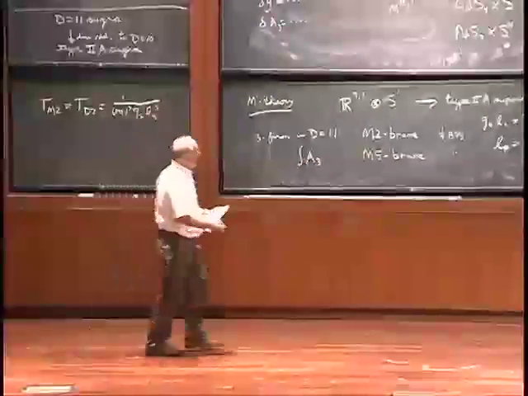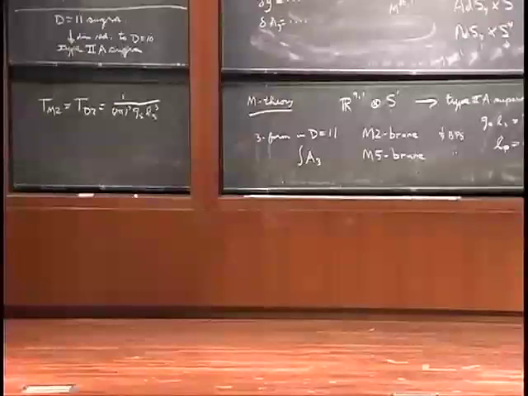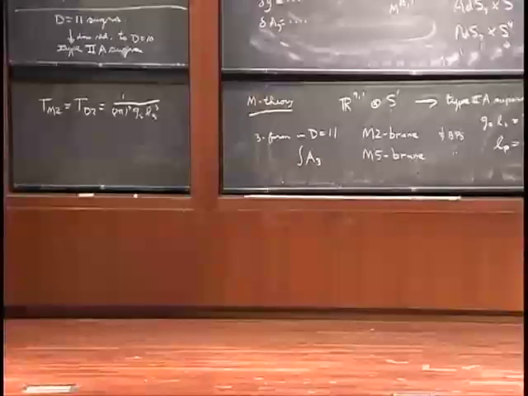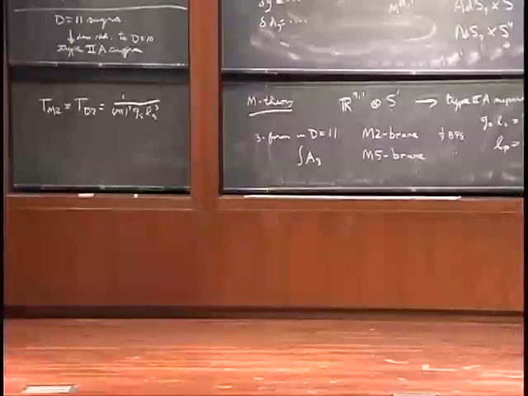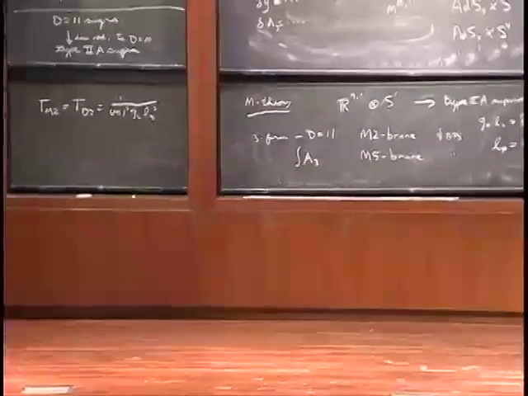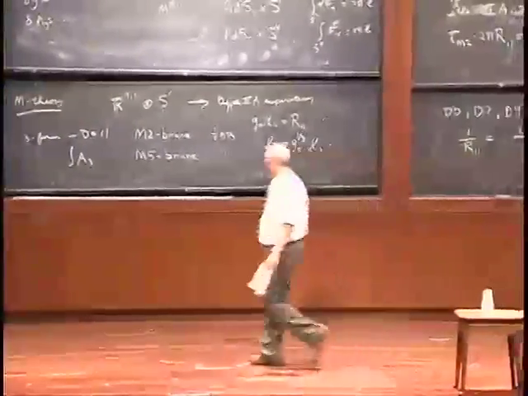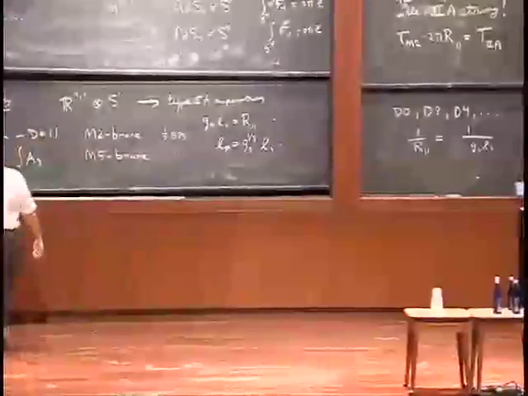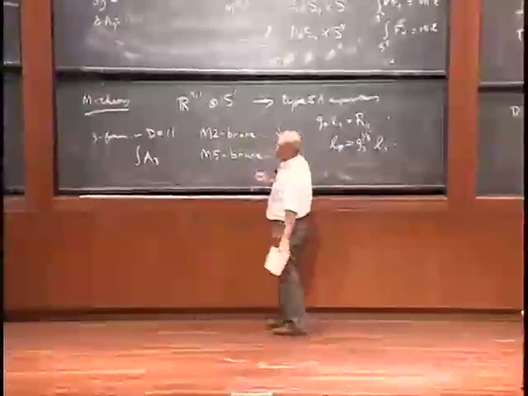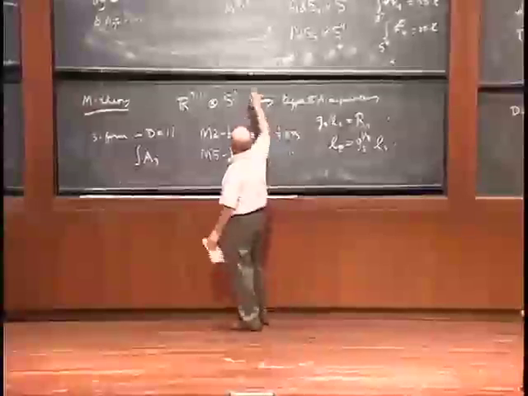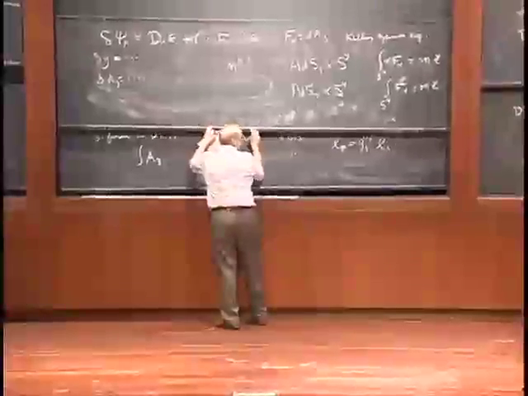The D4 brane, well, that's easy. You take the M5 brane and you wrap it on the circle, and that gives you the D4 brane. The D6 brane, that's more challenging. It's a Taub-NUT solution in M theory. So it's the analog of a Kaluza-Klein monopole for this circle. I won't explain that further. Okay. So that's that part of the story.